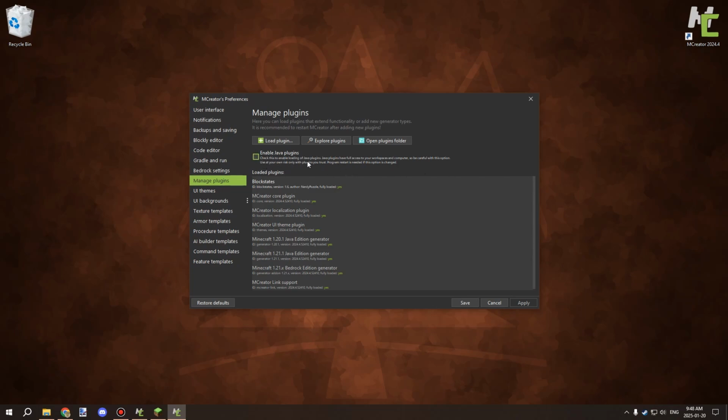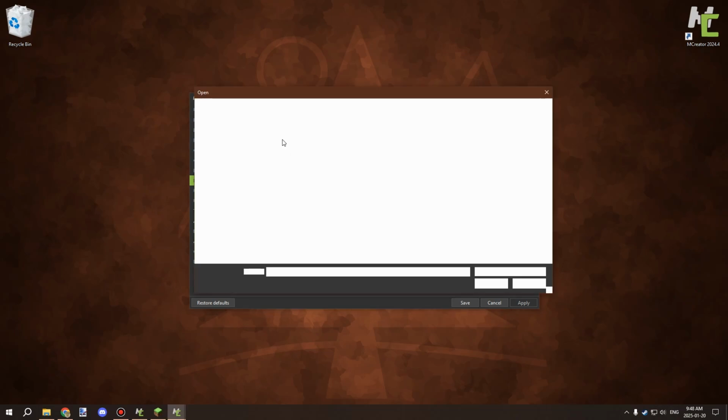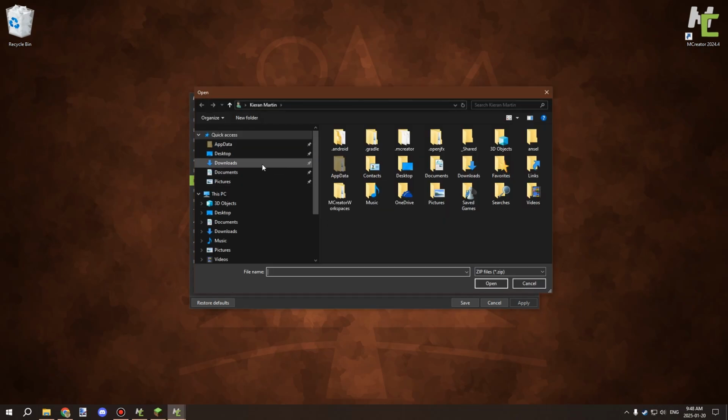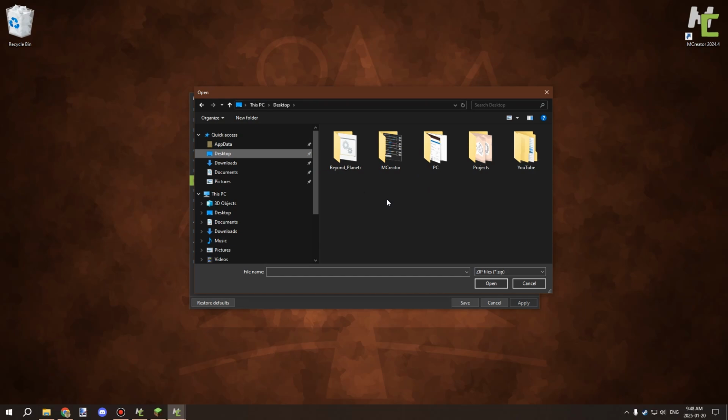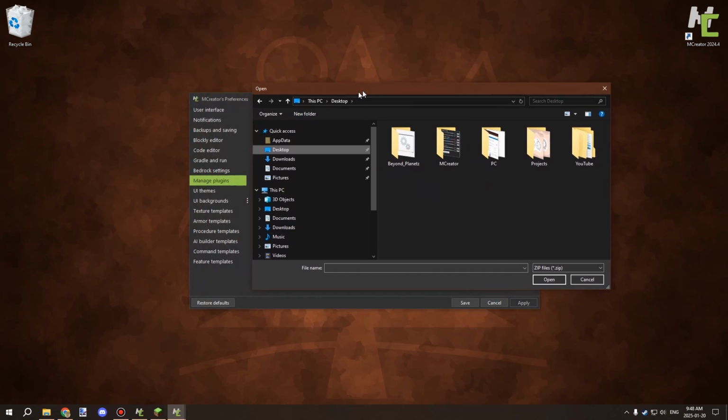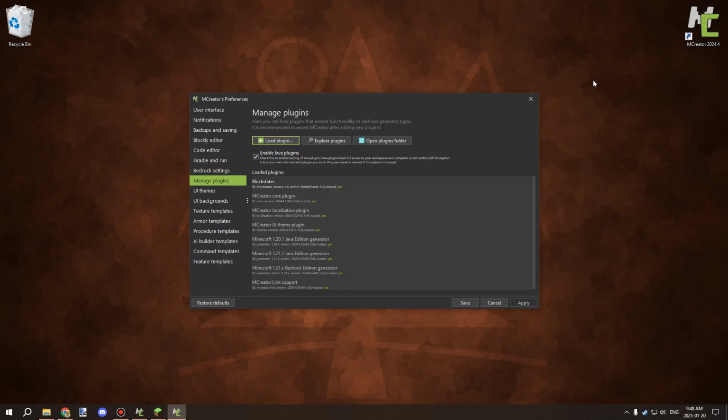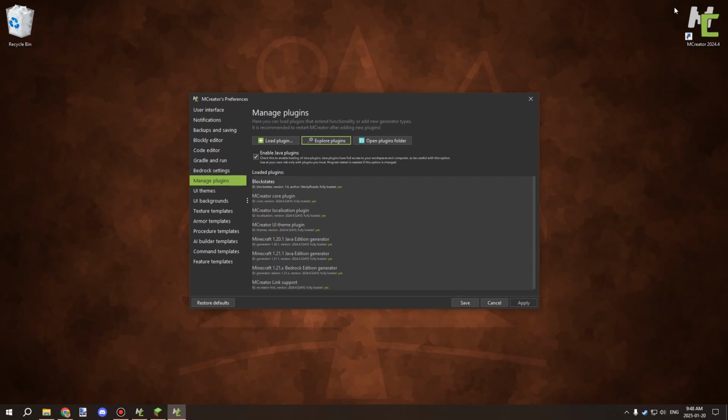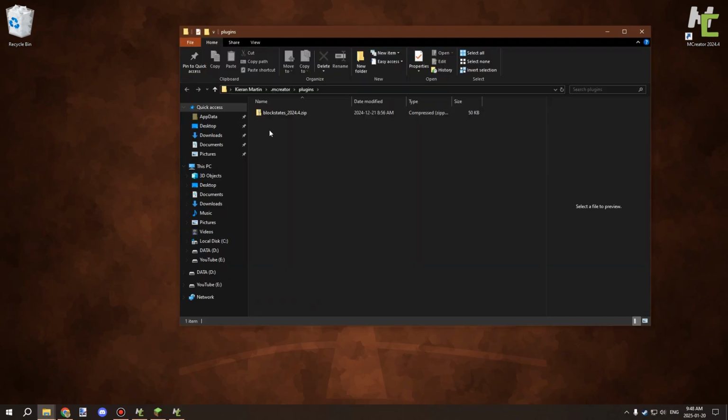By default, it's unchecked. You want to make sure that it's checked, and then you want to go ahead and load plugin, and then select the Java or the zip file that you downloaded, and then it should put it in a folder. If you go explore Java plugins, oh, not that one, the open plugins folder, you'll be able to see where